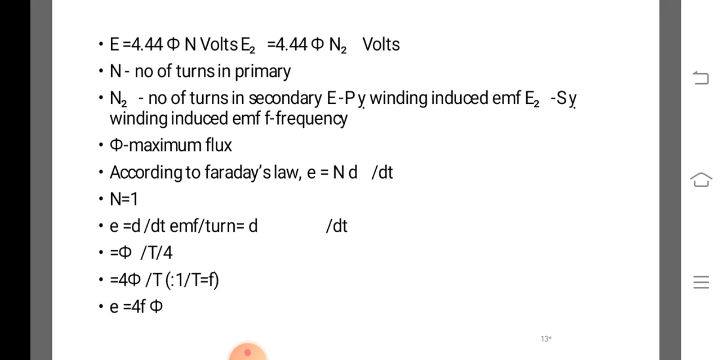before applying Stokes theorem, we have to see the basic transformer equation E equal to 4.44 phi n volts. Then E2 equal to 4.44 phi n2 volts. N is number of turns in primary, N2 is number of turns in secondary. Then phi maximum flux, according to Faraday's law, E equal to N into d phi by dt. N equal to 1, so we can get E equal to 4 phi